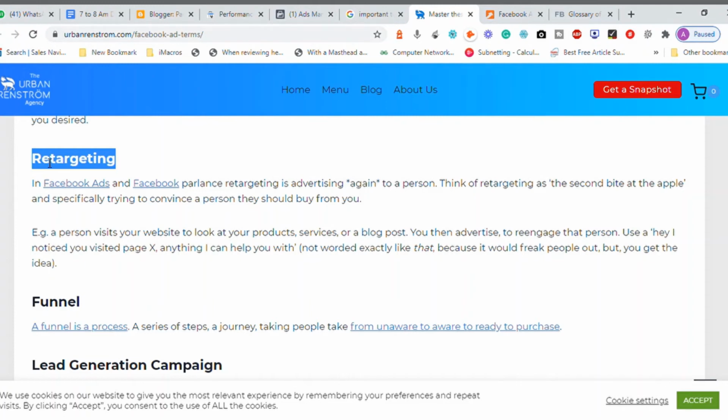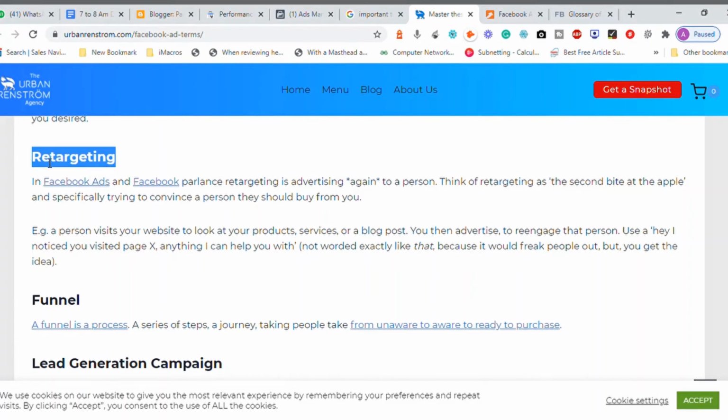They would have added the product, they would have explored your pages, but finally they would not have taken the service or made any purchase. So we need to target those people again and again. This is basically called retargeting. In Google ads we call it remarketing. Here we call it retargeting.